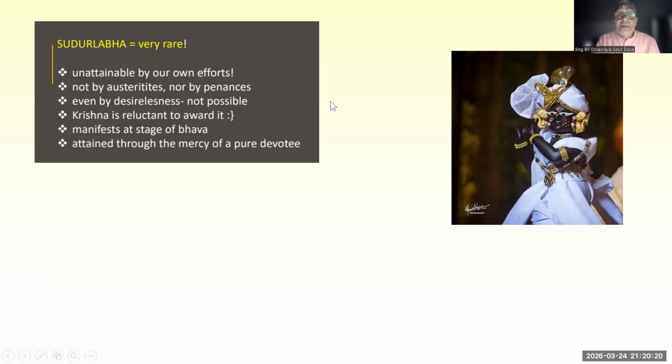Until we get the shelter of guru's mercy, we can't attain it. Very nice. So Vaishnava mercy is there, and what else? We have discussed this point in the last session. So we need a spiritual master, or the mercy of a spiritual master, as you said. How will shraddha develop? There were prerequisites before shraddha develops, which we discussed in the last meeting.